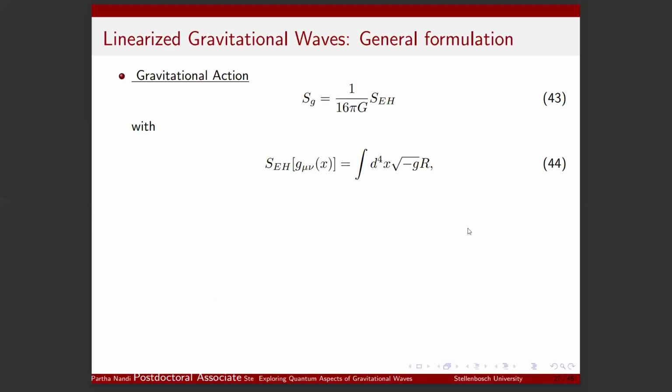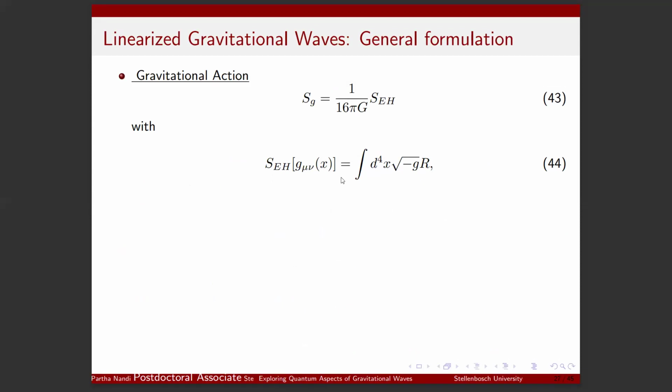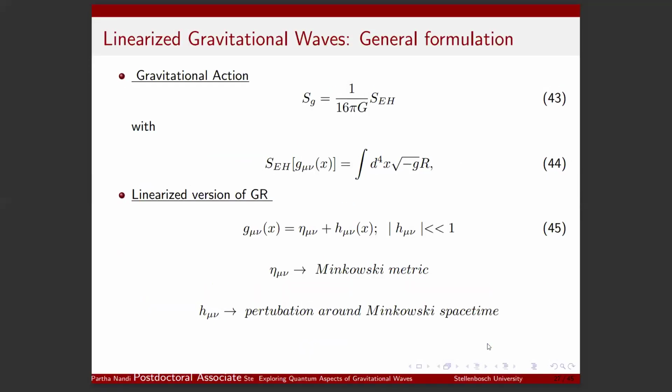Now this situation can be incorporated through the notion of the Einstein-Hilbert action. This Einstein-Hilbert action tells us that if we study the variational principle of this action, one can achieve the Einstein equation with zero energy momentum tensor, which gives the vacuum solution of the metric. Now, consider the linearized version of the gravitation theory, as we have already mentioned, that the metric